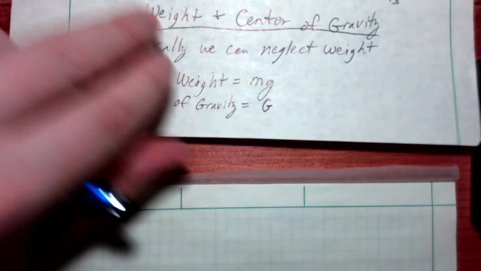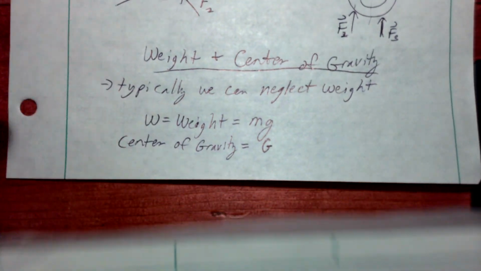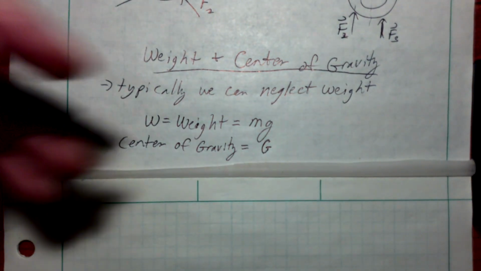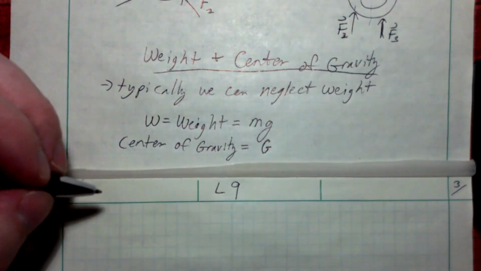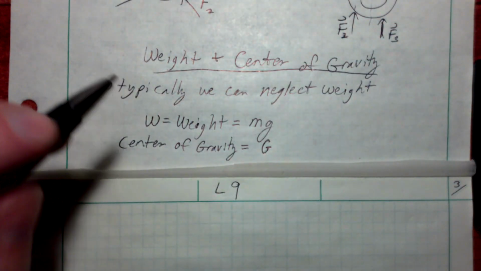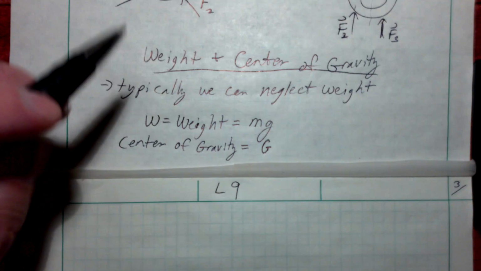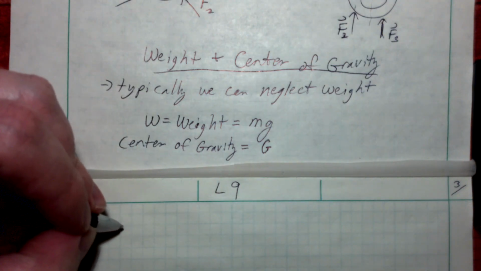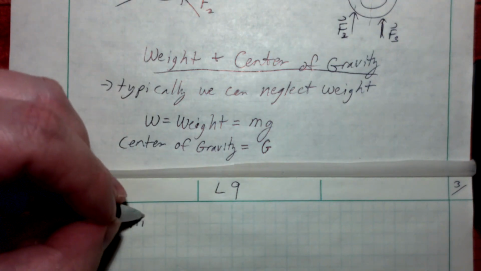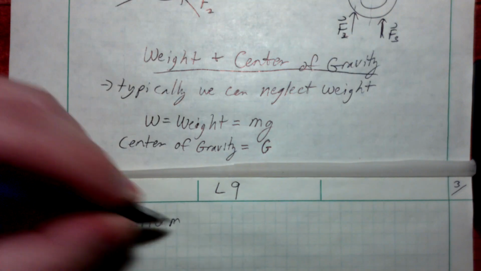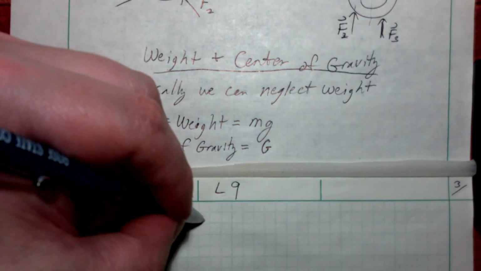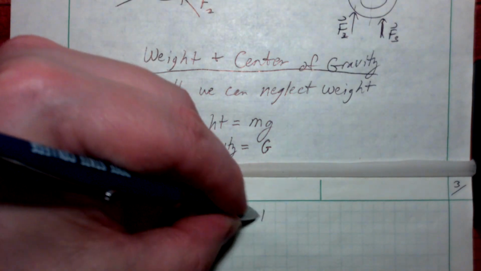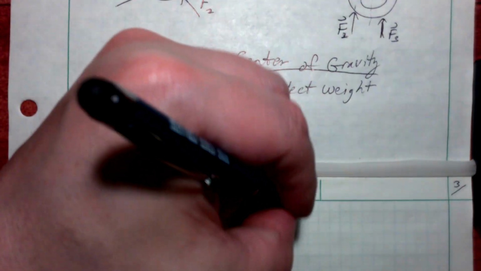Now, a little bit later in the course when we talk about centroids, that's one of the later chapters. This is L9, page 3 of something. When we talk about centroids, is the center of gravity at the center? That's an interesting question. So a lot of times, if you see the term uniform or constant density,